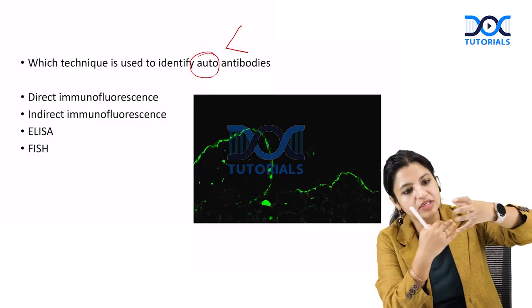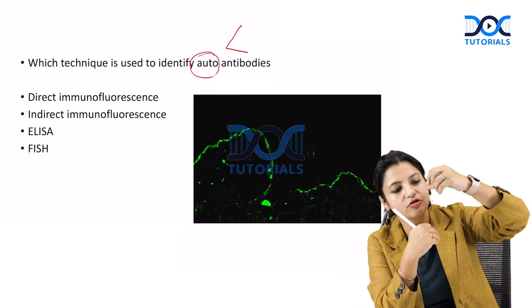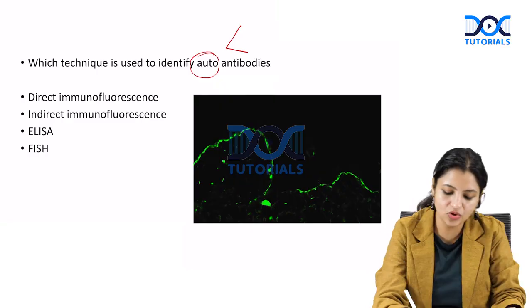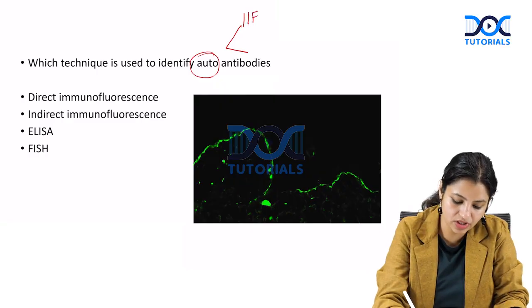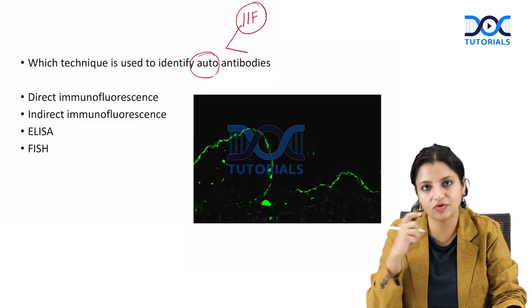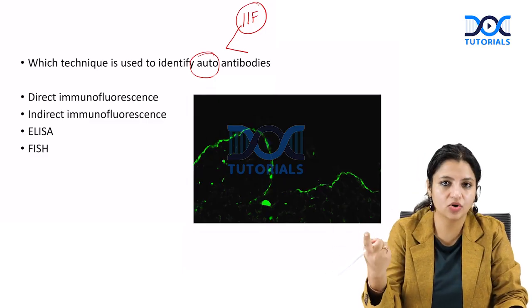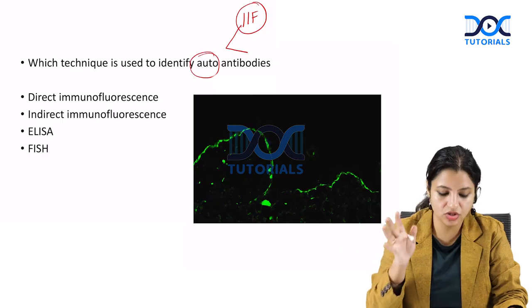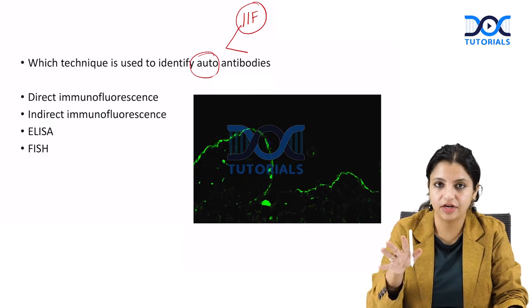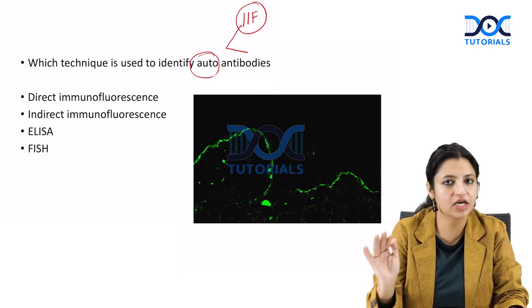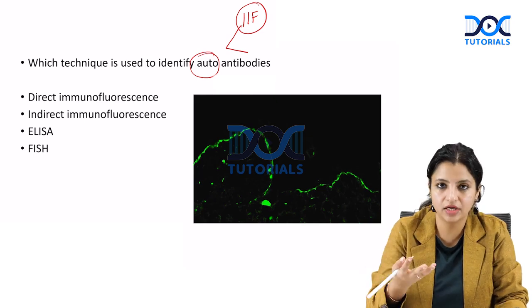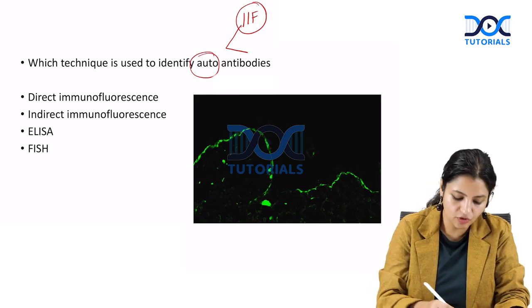you have to fix them on some substance and then you have to put fluorescence on them. This is called indirect immunofluorescence. So you can pick them up by indirect immunofluorescence. Or the other way of picking up any circulating autoantibody. The question is identify. So for identification, indirect is useful, but if you have to quantitate how much antibody is present, for quantitation we